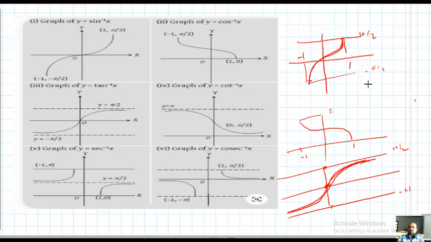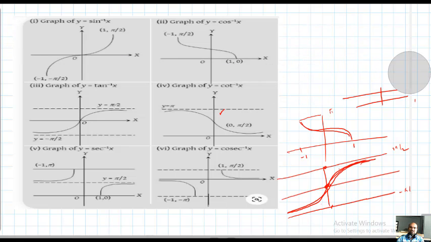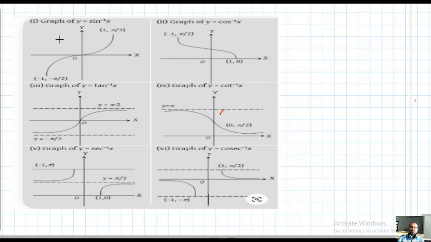So cot, how to remember the cot inverse graph? Half of the sine graph is above the x-axis and half is below the x-axis. But the cos function is totally above the x-axis. Similarly, cot inverse is also fully above the x-axis. So this is the x-axis, a horizontal line, and the pi line. This is the graph of